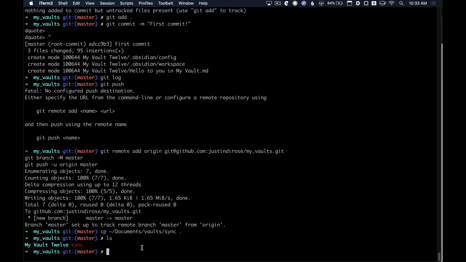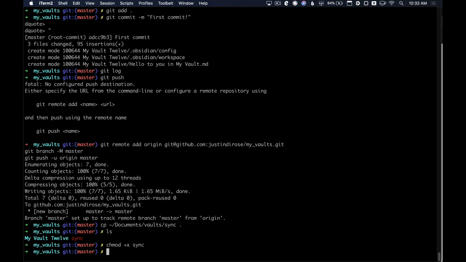So on macOS and Linux, that's chmod +x and then the file name, so sync. That just tells the computer, hey, this file can be executed and run. It's a script. We want to do that. So if we look at that script again,